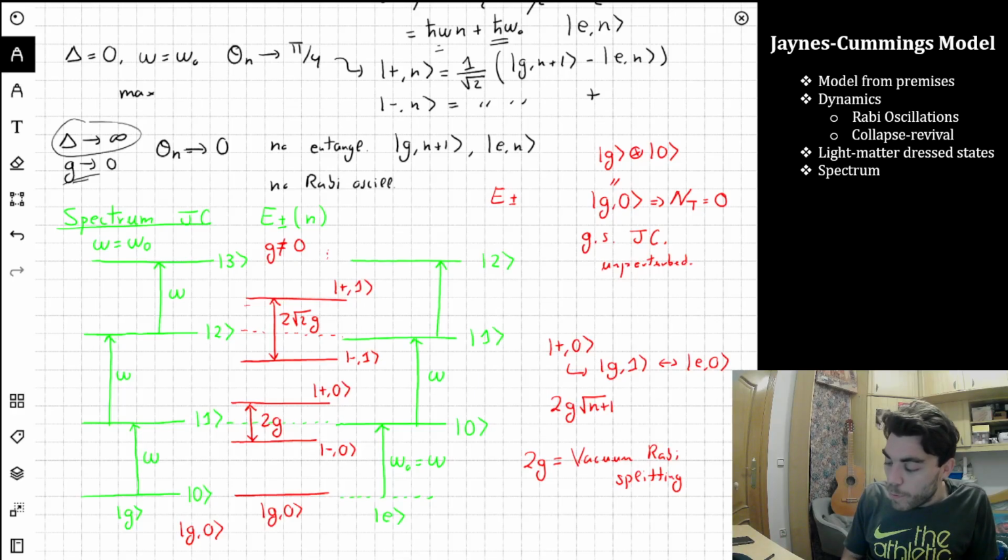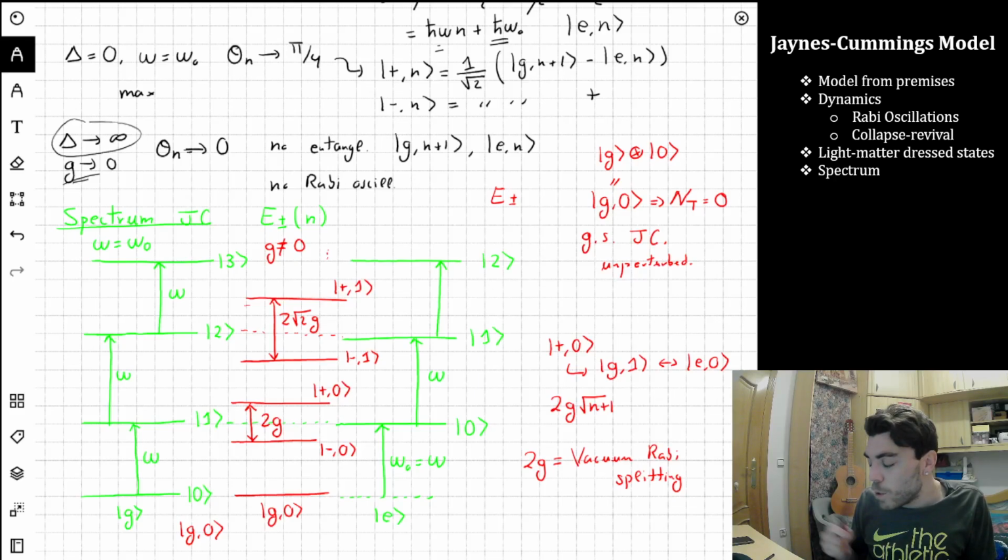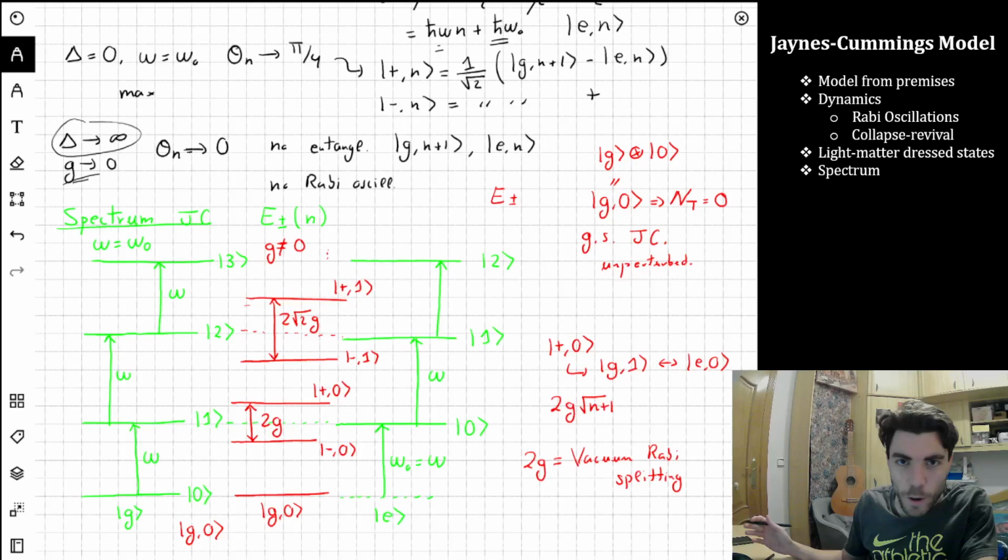And what was before the degenerate state, now it splits. And this splitting is very important for some effects in atomic physics, like for example photon blockade. And the interaction in itself is also very useful in order to create non-classical states of light due to the interaction with the atom. And we will exactly see that in the next video, in which we will use exactly this Hamiltonian and this interaction to create Bell states between atoms and to create Schrödinger cat states as states in the cavity, that I will define, if you don't know them, in the next